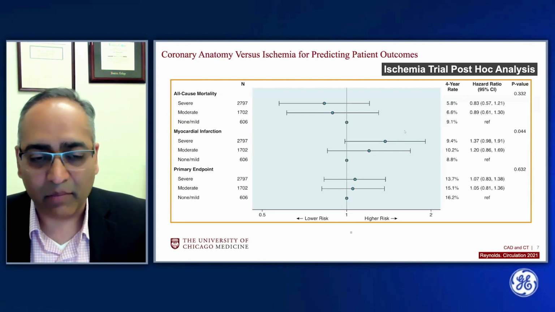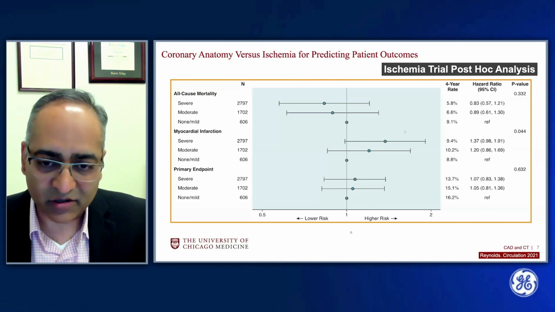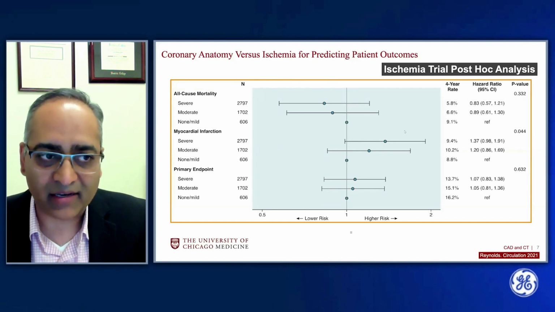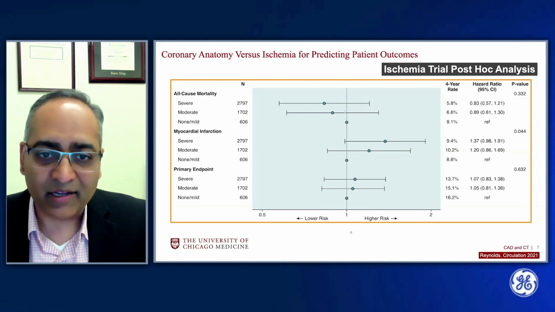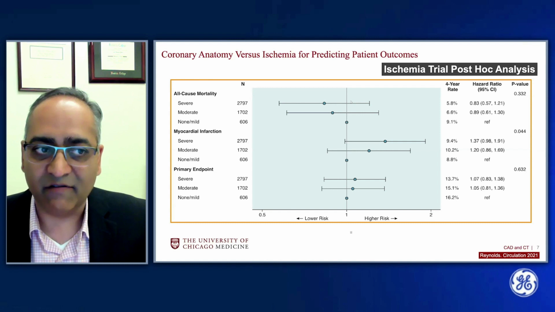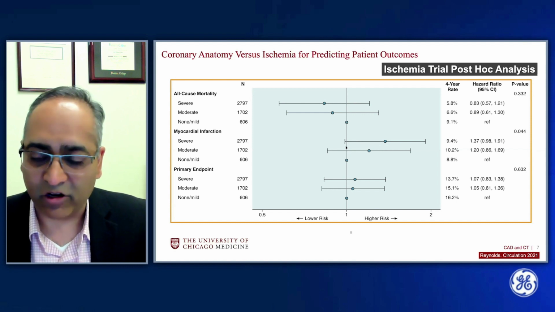Now, this post-hoc analysis from the ISCHEMIA trial also provided some interesting new insights into the impact of ischemic burden on prediction of risk. And we can see, relative to the patients who had no or mild ischemia, those patients with moderate or severe ischemia did not have a difference in their mortality, nor did they have a higher rate of myocardial infarction that